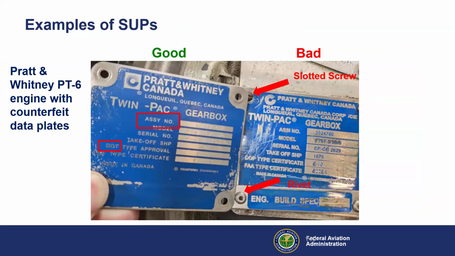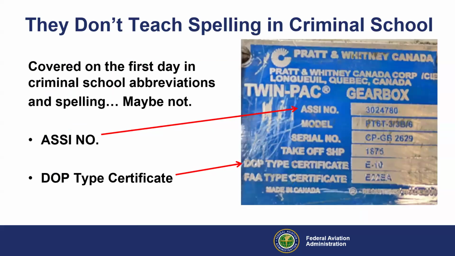Another example, here's a Pratt & Whitney PT6 engine. The good data plate is on the left. Notice assembly number and DOT type approval. And look at the bad counterfeit on the right. Notice the mounting hardware. You've got a slotted screw in one hole and a rivet in the other. So it's mounted to the engine in a strange way. And then when we blow up and look,